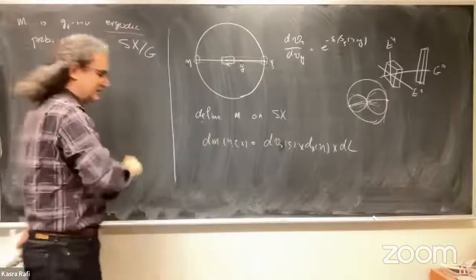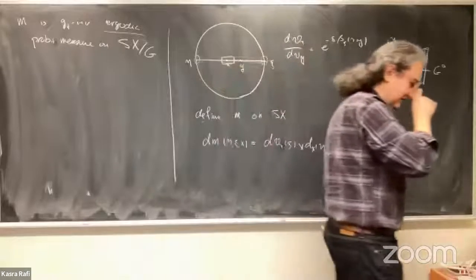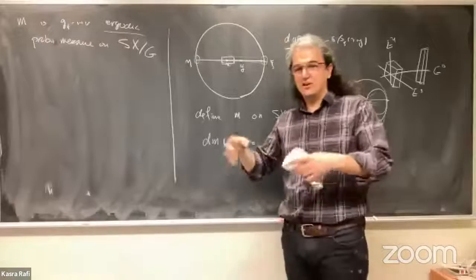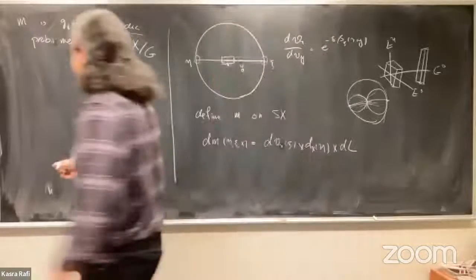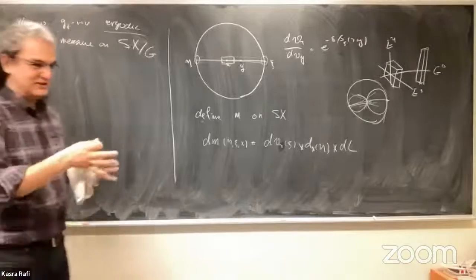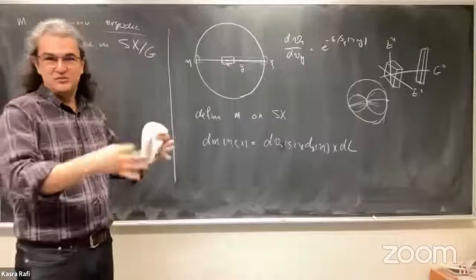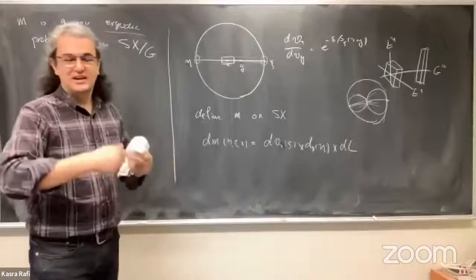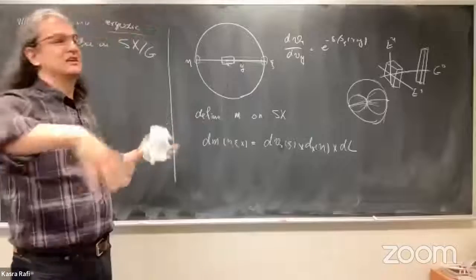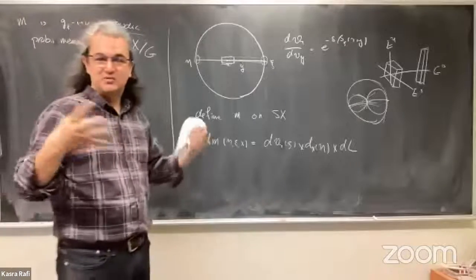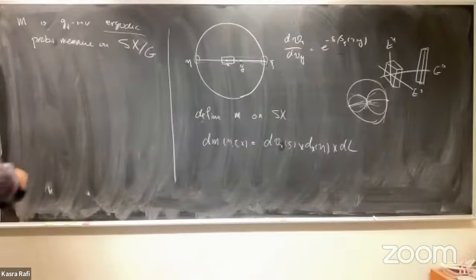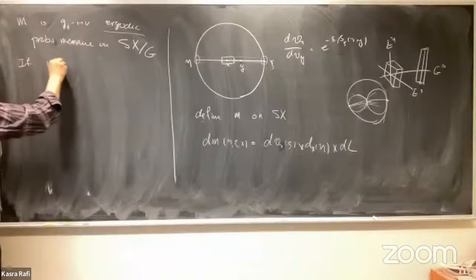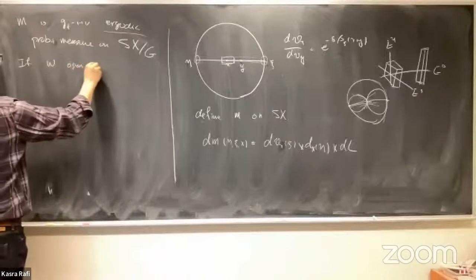So what does ergodic mean? Ergodic, let's not define it, but the basic idea is that the geodesics go all over the place. It's not the case that some geodesics spend time here, some geodesics spend time somewhere else. All geodesics kind of spread out the same way. If I pick a generic geodesic moving around, it spends an equal amount of time everywhere. So one consequence of ergodicity is that if W is an open set